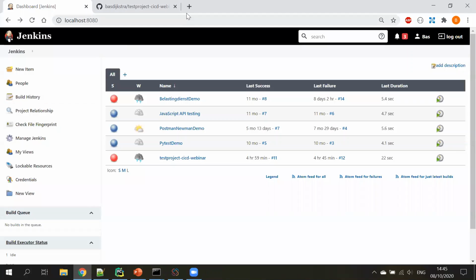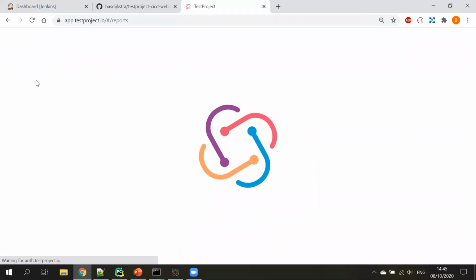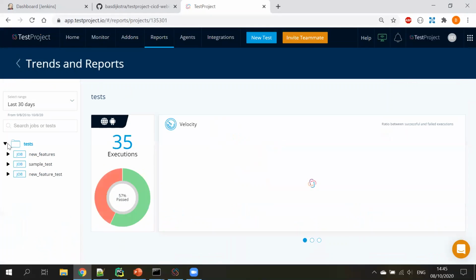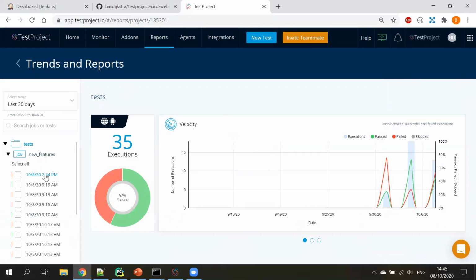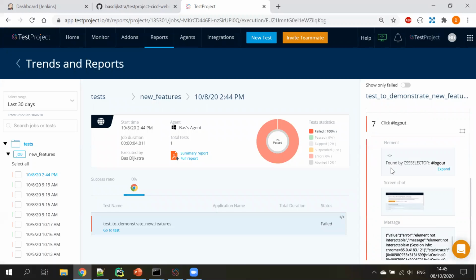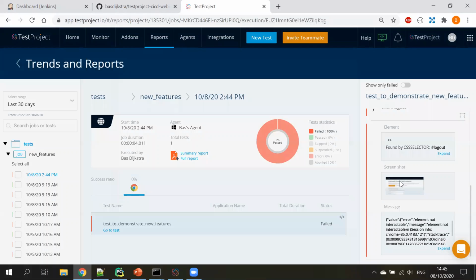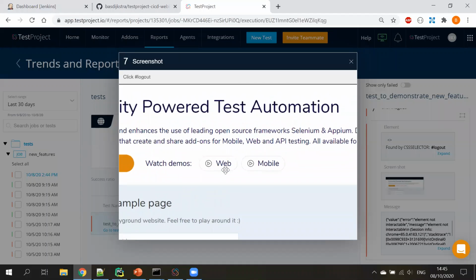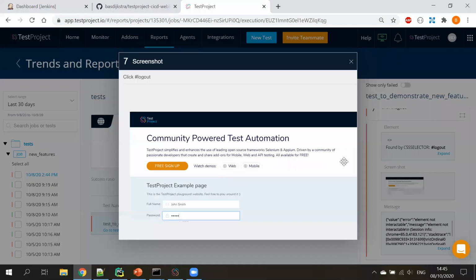And if we then go to our reports on the TestProject platform, we can see that the click of the logout failed because the element was not interactable, and it now automatically included a screenshot of the current state of the web page at the exact moment that the